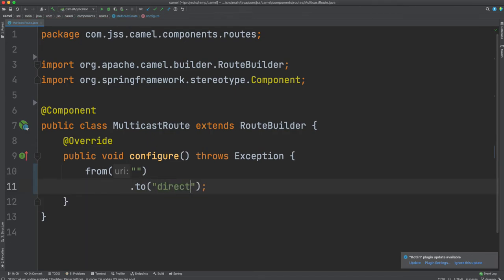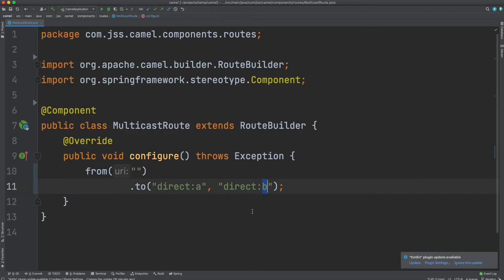So I can say direct A, comma direct B, and so forth. This is good. What it's simply doing is sequentially sending a message from one endpoint to another endpoint. And the problem here is that if endpoint A modifies the message, those changes will be visible over here.